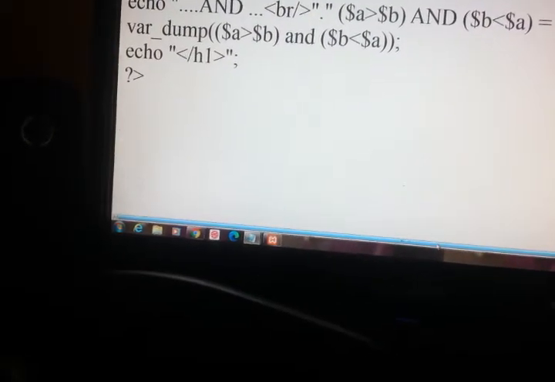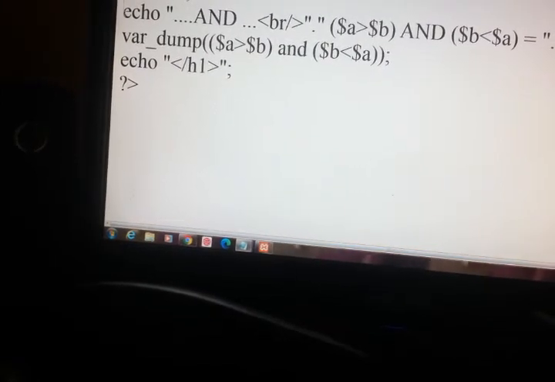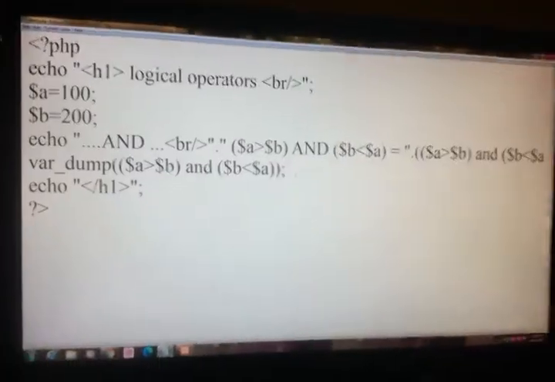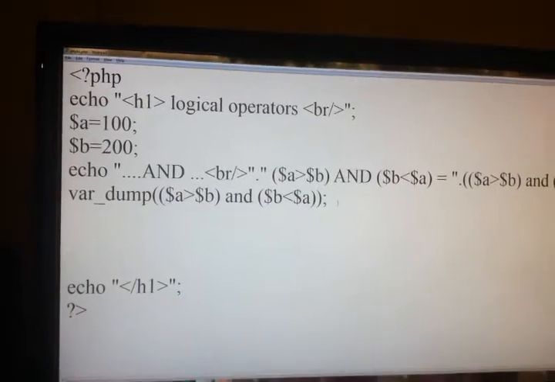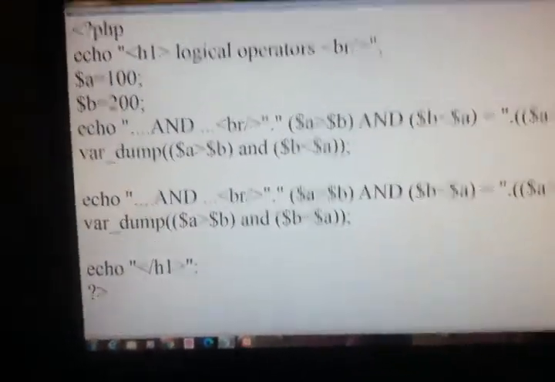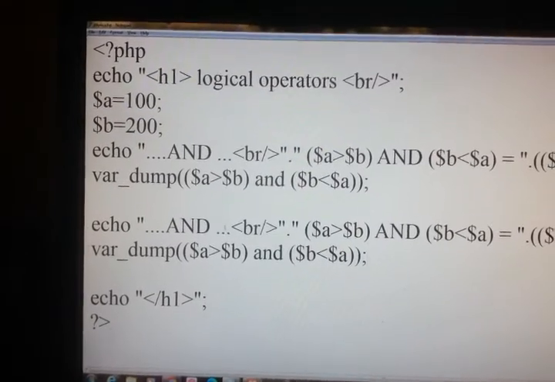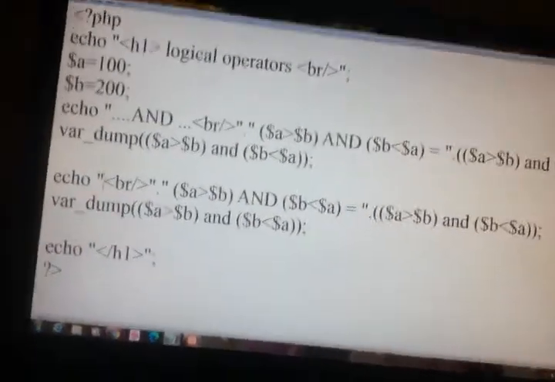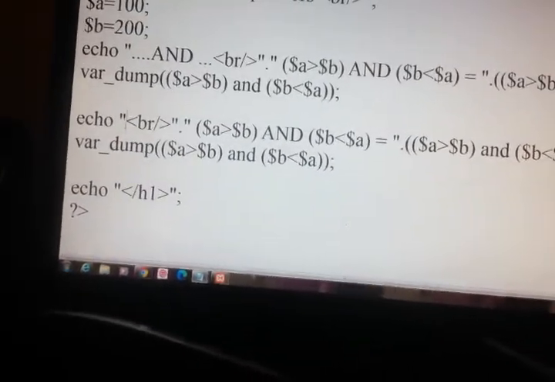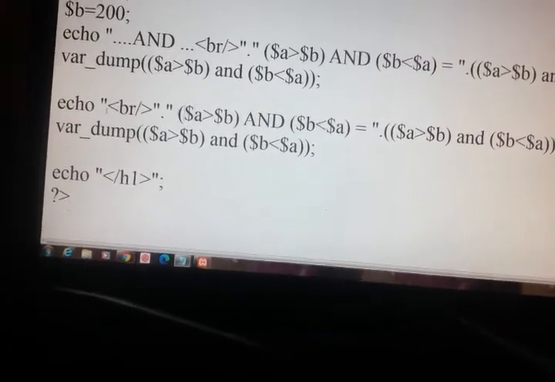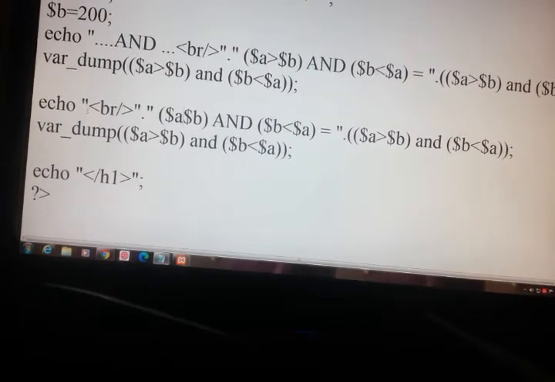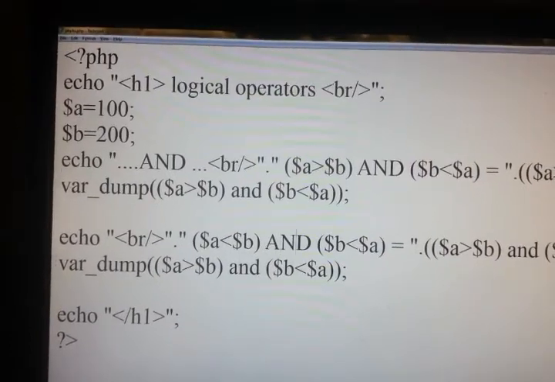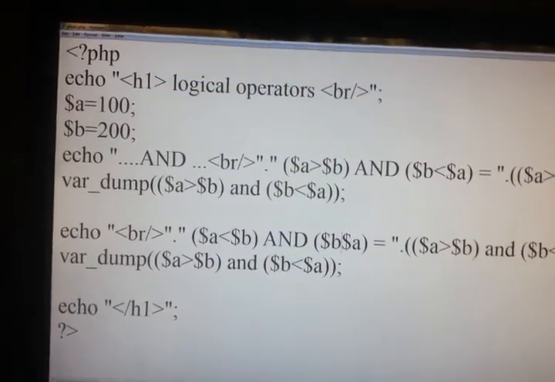So I will show you the true case also. So the true case is $A less than $B and $B is greater than $A.